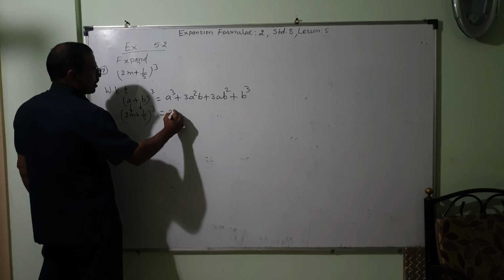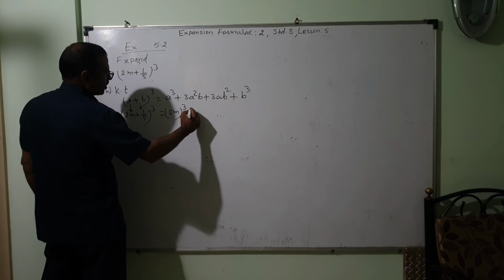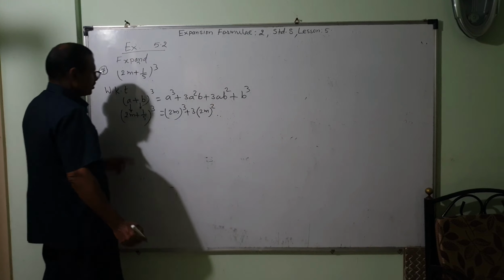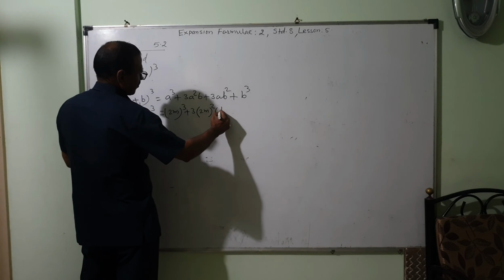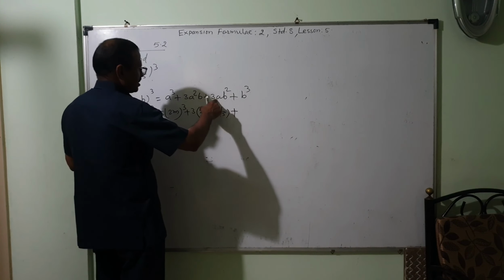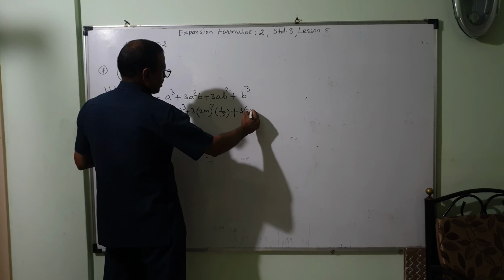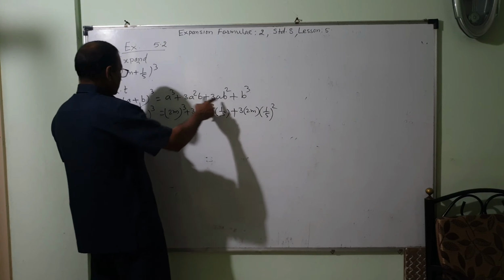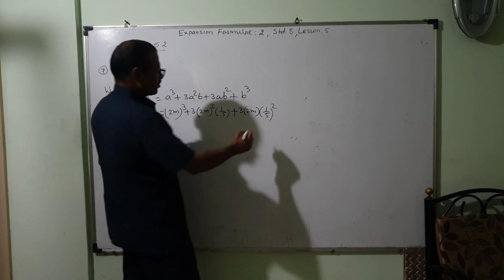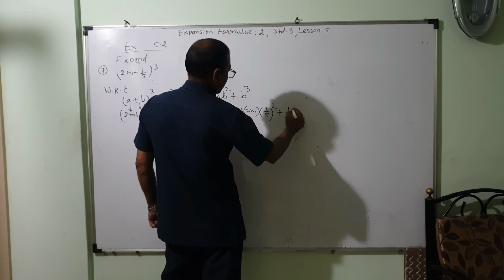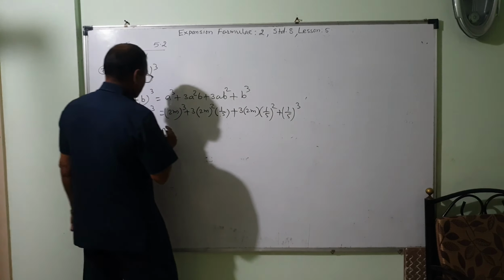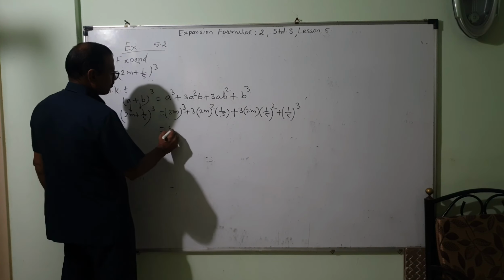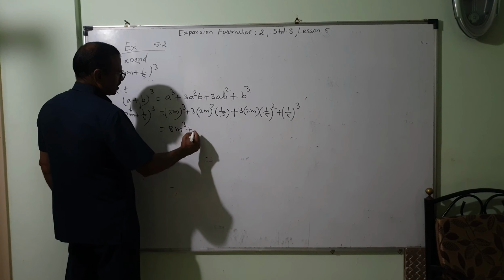A³ means (2m)³ plus 3a². A² means (2m)² into b. B is 1/5, plus. Now here 3 into a is 2m into b² means (1/5)², b is 1/5, plus b³. B³ means (1/5)³. So that is equal to 2³ is 8, 8m³ plus 3